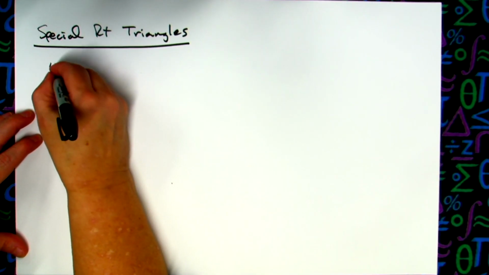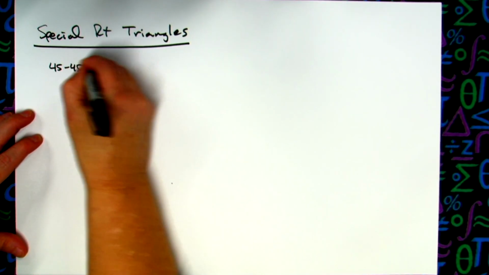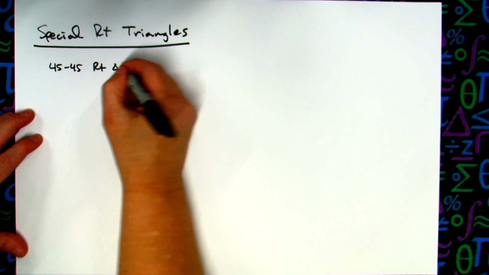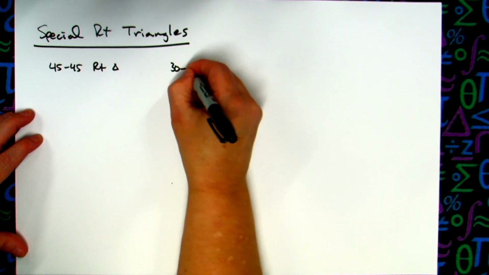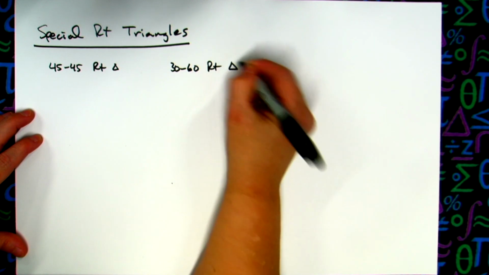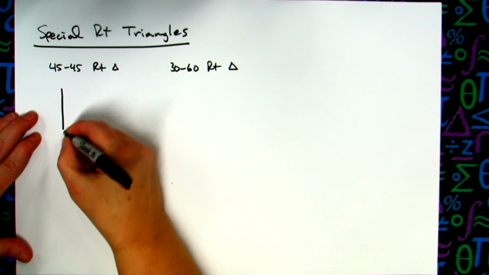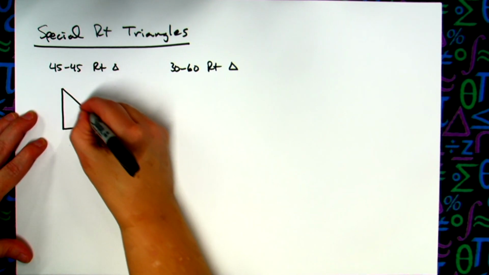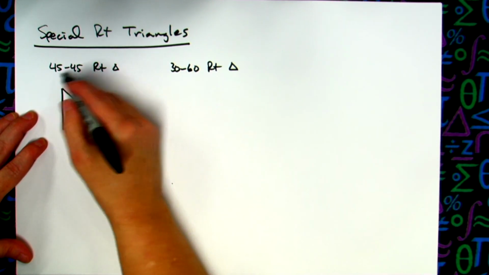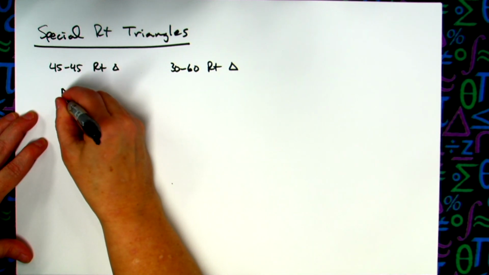All right, so we've got two of them. We've got a 45-45 right triangle, and then we're going to have a 30-60 right triangle. Okay, now 45-45 right triangle, the legs should be equal. I'm going to try to draw this to scale, but it's really bad. All right, if those base angles are 45,